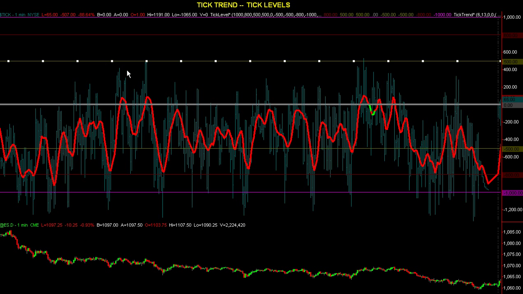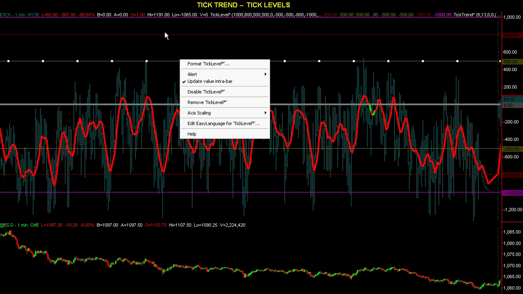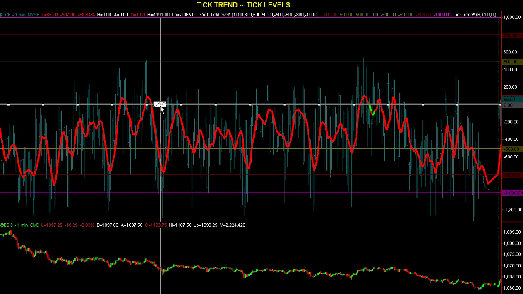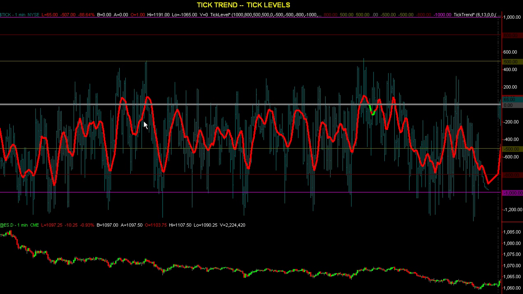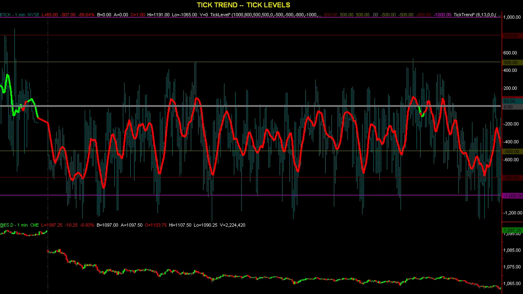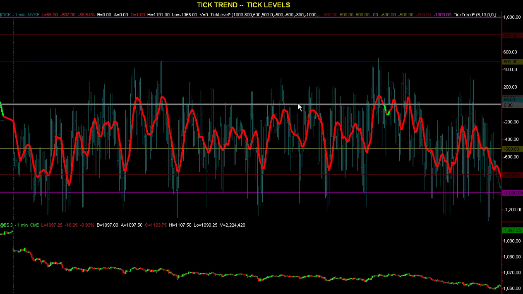I use it with two indicators: the tick levels, which are these horizontal lines, and down here, the tick trend. These are the two indicators I like to use on it, and there's a reason why I use these two, and I'll explain that in just a little bit. First,